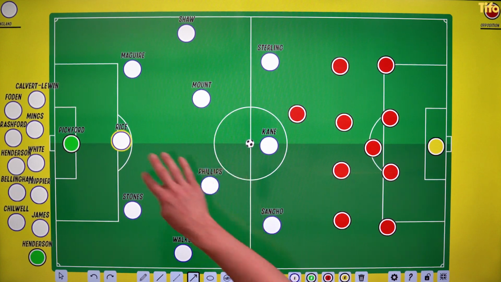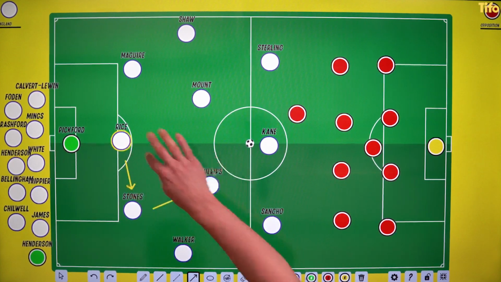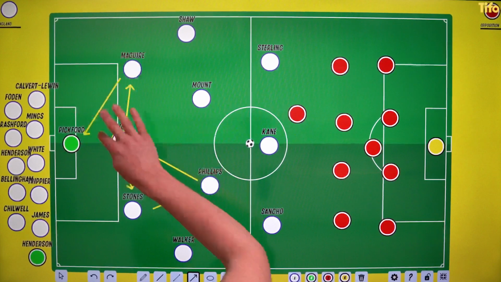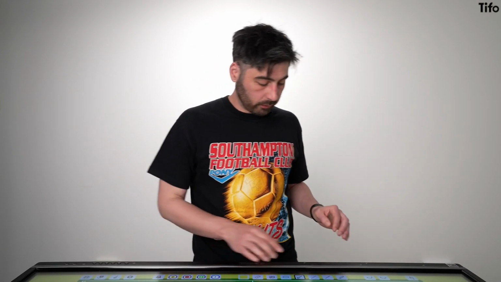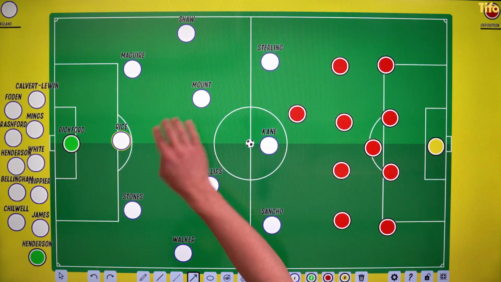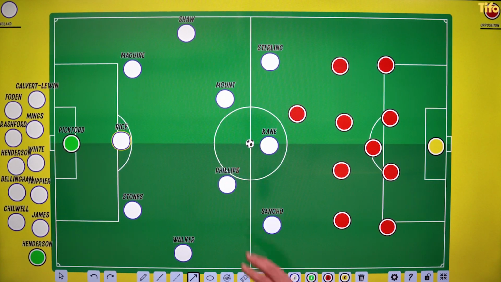You get passing angles here, which mean that ball retention is quite straightforward, because they can pass the ball around amongst themselves. But this is all done in a fairly slow and measured manner, much like how I speak.